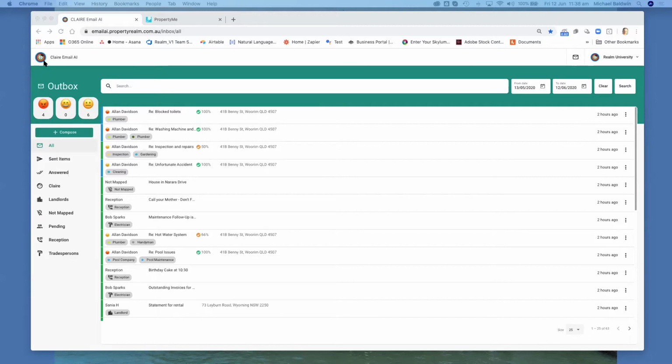you can see the logo. This is the Realm University logo, and if you have your logo in the agency settings on the portal, then that logo will appear there and also appear across here on the right hand side. As you can see here, this is the Realm University account, and that's the inbox that we're looking at the